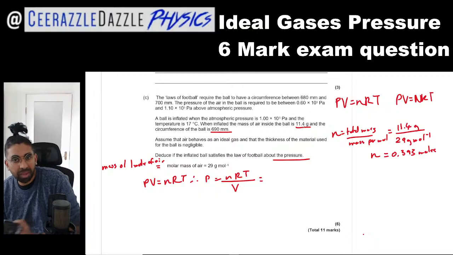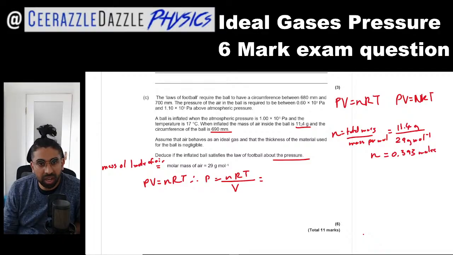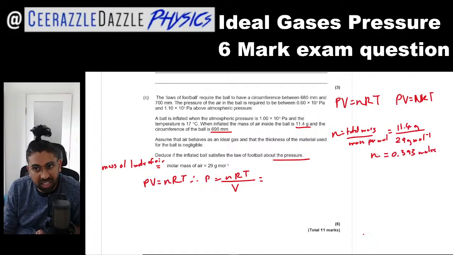So although they've given you the total mass, because they've also given you the mass per mole, you can actually work out the number of moles. So that's a bit of a trick. Make sure you can recognize how to use that formula. Let's put it into here. 0.393 times the molar gas constant, R, which is 8.31, they'll give you that in the exam, times